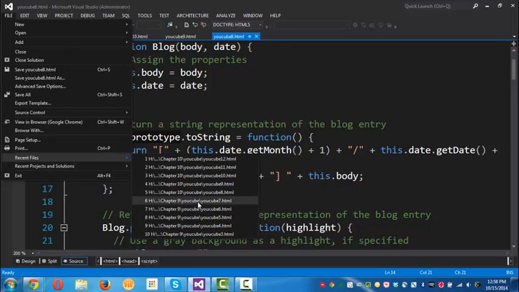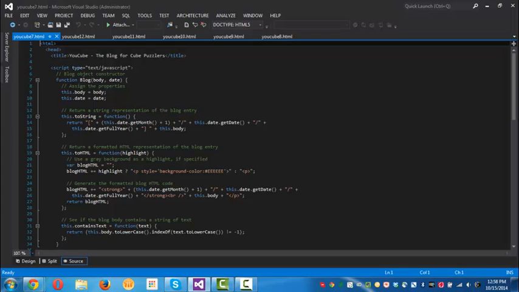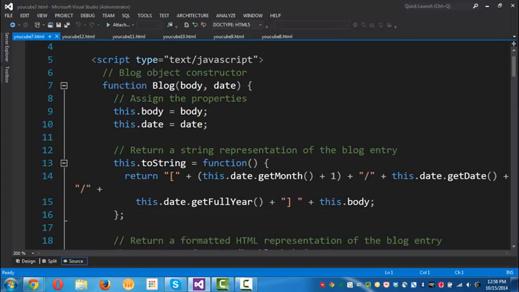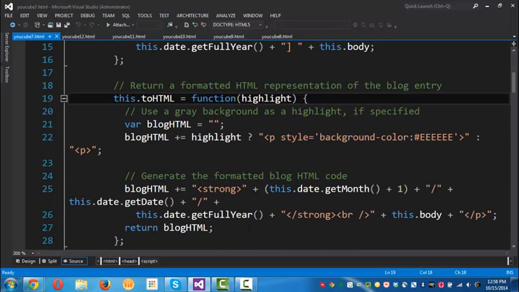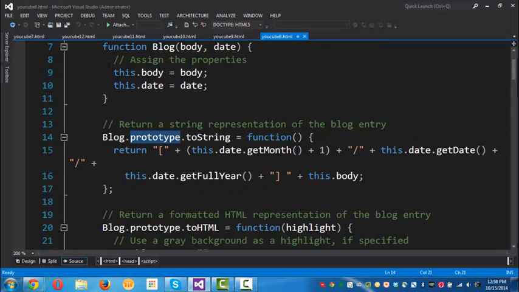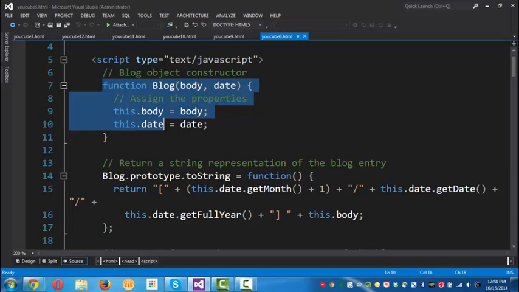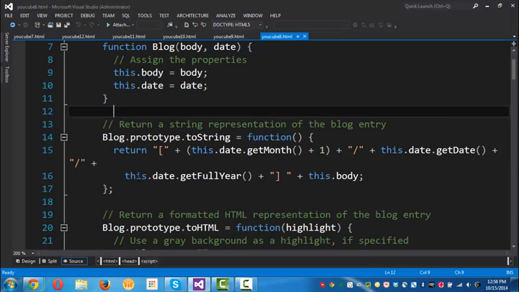Which was number 7. Make it bigger so you guys can see it. In the previous one, we had our constructor here, and all this toString, this toHTML. See, it was within our constructor. So what we did was we pulled it out of the constructor. We made our constructor back simplified the way it was before, and we just said, okay, take our constructor, and